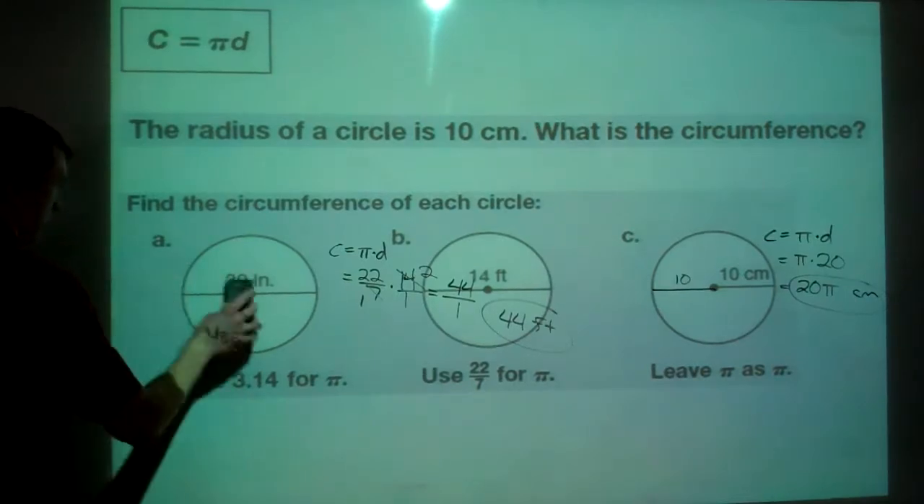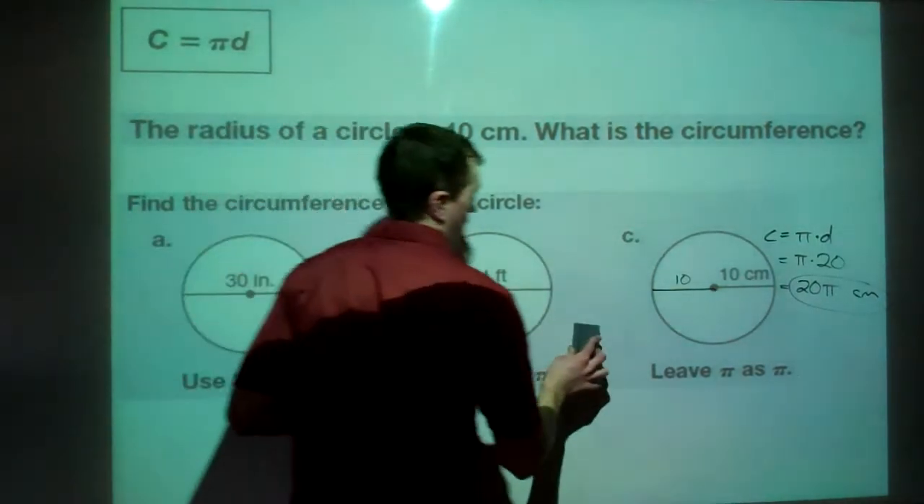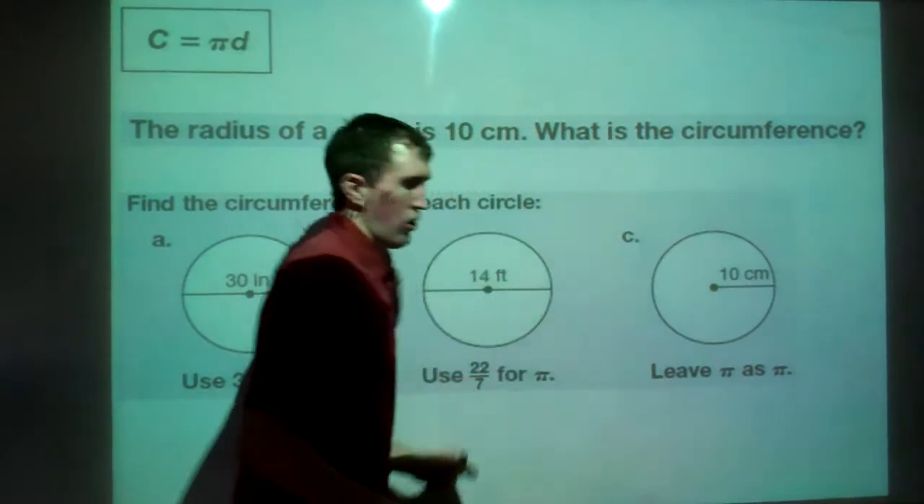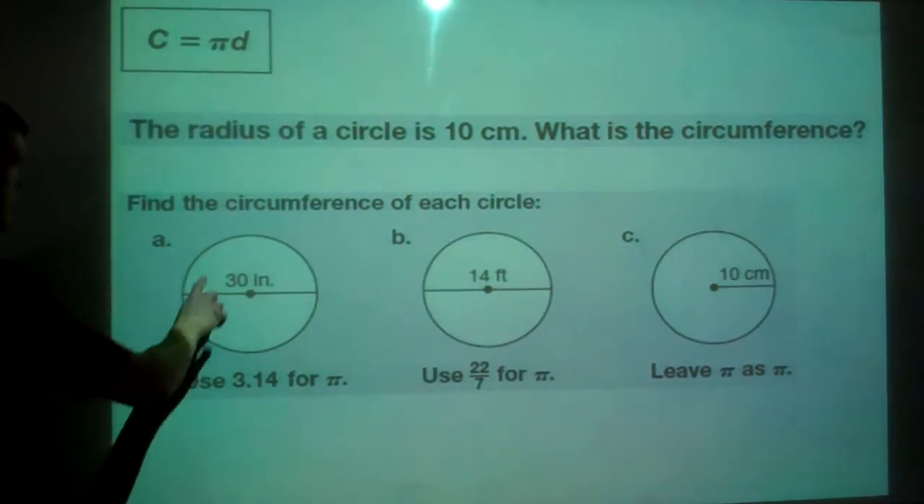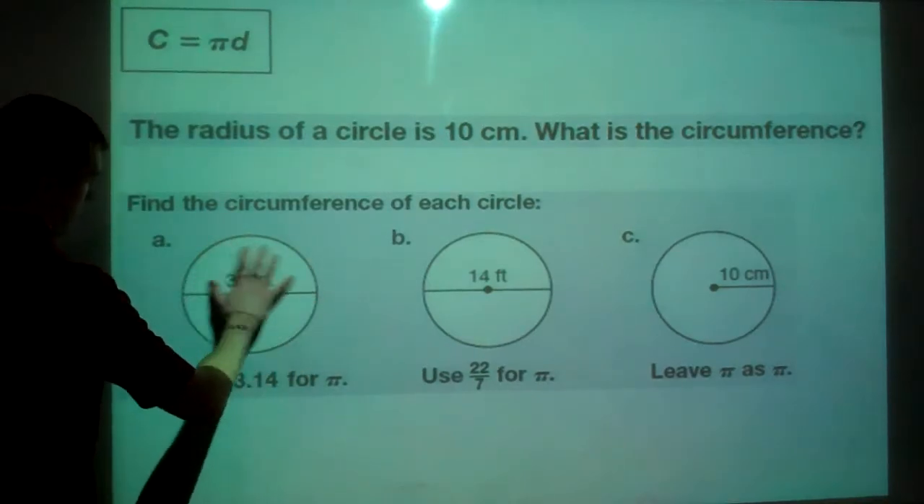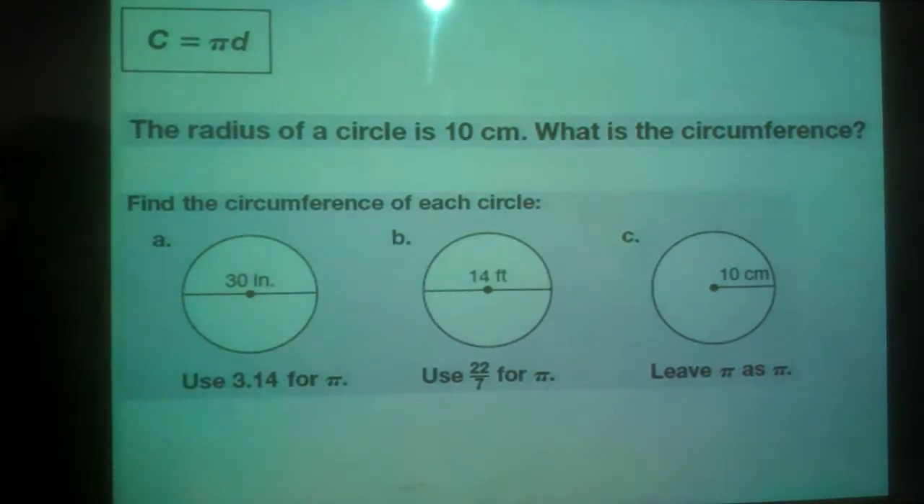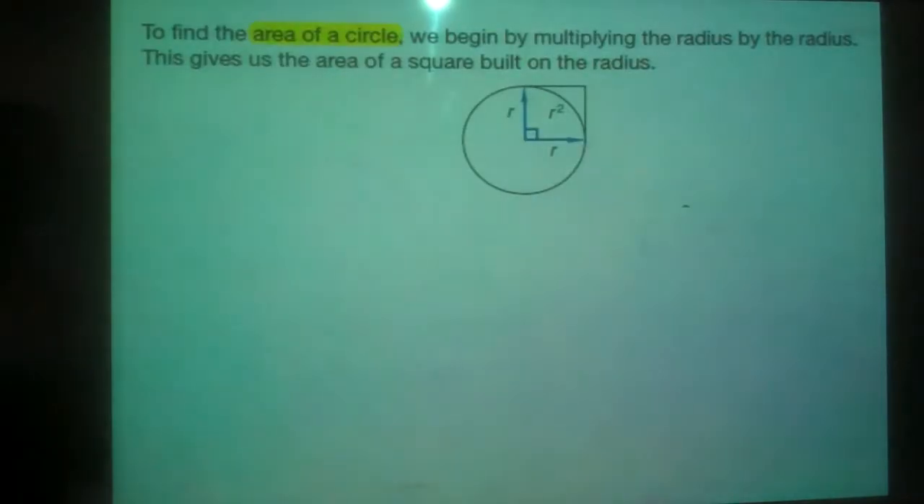That's circumference. And now we're going to talk about area, which isn't a whole lot different, other than the fact that circumference is the distance around. Area, we'll be talking about how much space is taken up on the inside. Okay. Now way back when, they were also trying to figure out the area of a circle. And they started off by